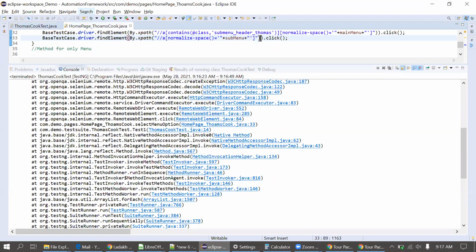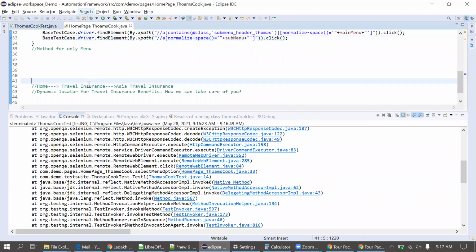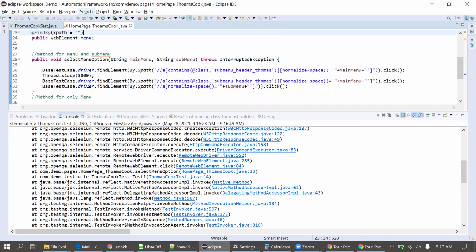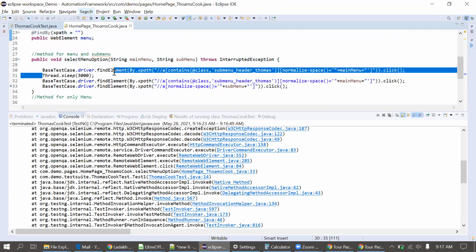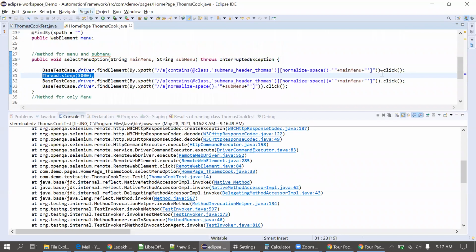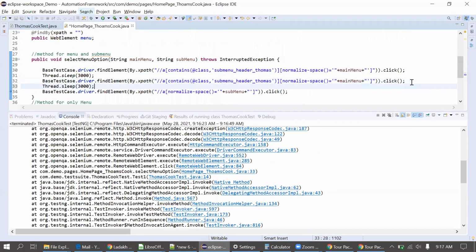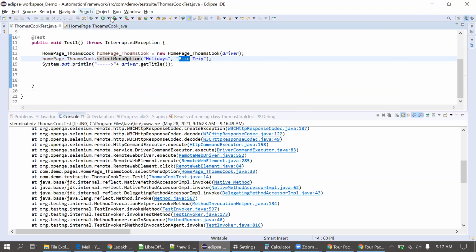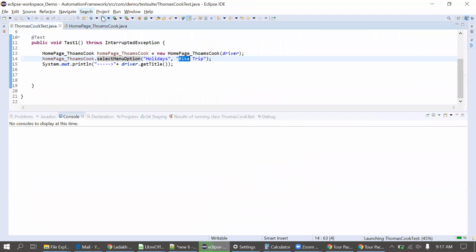I think we have to deal with this kind of element in some different way. Again, I will put some sleep here. Let me check if it is a sleep issue or not. For the time being, I'm putting Thread.sleep, but we have to use explicit wait here. Once I'm sure it's a wait issue, then I will use explicit wait.